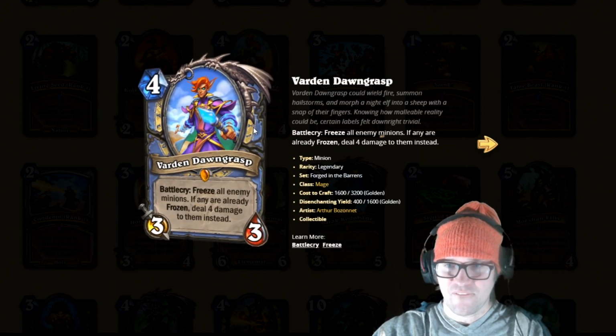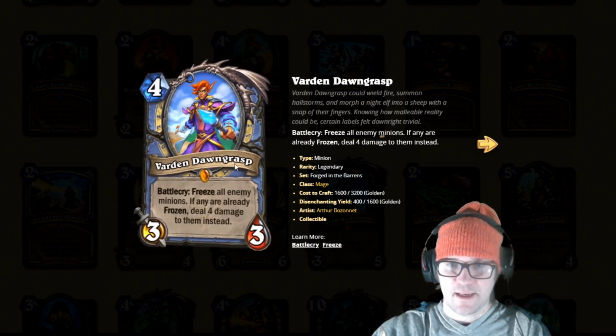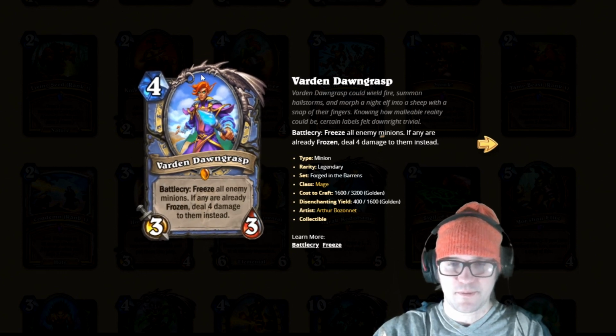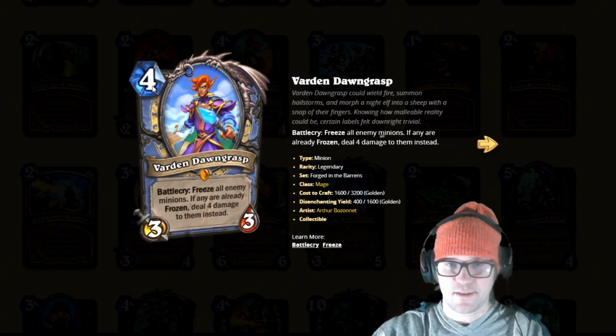And last, Barden Dawngrass. Battlecry: freeze all enemy minions. If they're already frozen, deal 4 to them instead. So this is like a 4-mana Frost Nova. By the way, Frost Nova is rotating, and it's just better than Frost Nova because you get to develop a 3/3. Now, sometimes you'd rather just have 3 mana, but Frost Nova is a very valuable thing, especially with all these things like